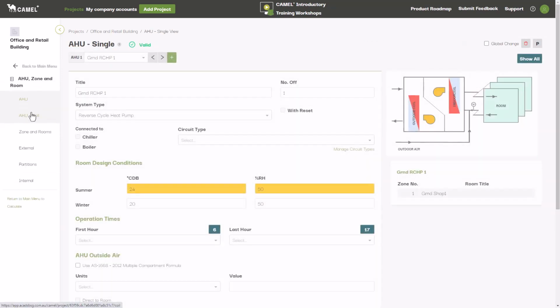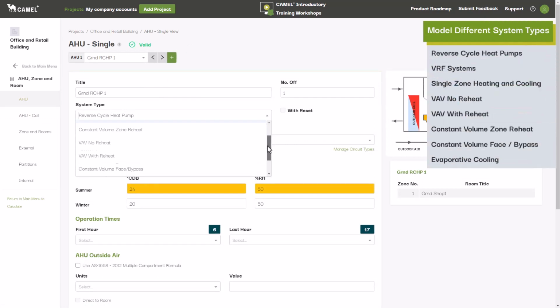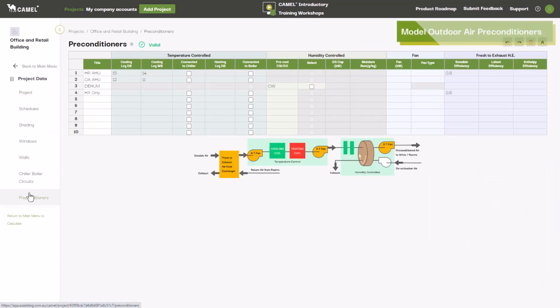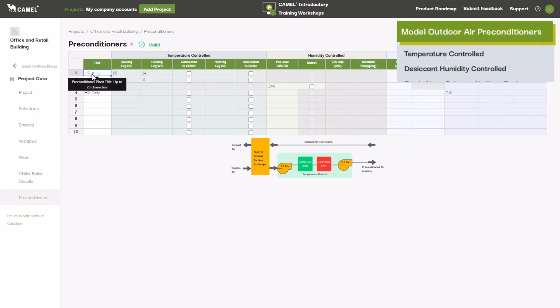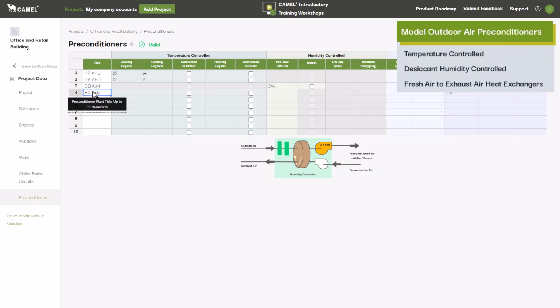CAMEL Plus gives you the flexibility to model a range of different system types, including reverse cycle heat pumps, VRF systems, single zone heating and cooling systems, or even multi-zone VAV systems or constant volume systems with reheat coils. You can also model outdoor air preconditioners, including those with temperature-controlled AHUs, desiccant humidity control, and fresh air to exhaust